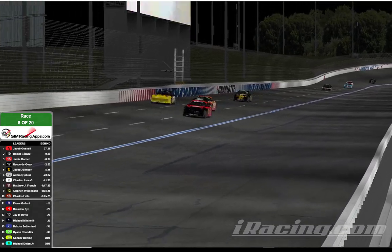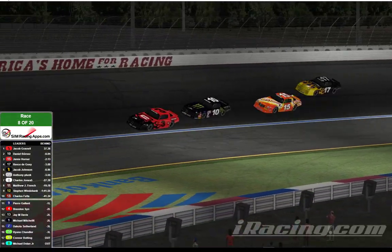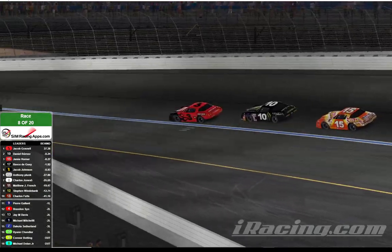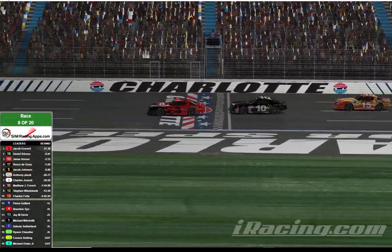Reese DeGoey 4th. Jacob Johnson drops back to 5th, and he looks like he's in danger of losing the draft here. Johnson, a significant distance back from the 17 of DeGoey. He's going to need to get on the throttle here. He's going to lose the draft, and once you lose the draft at Charlotte, it's really difficult to catch up. Across the start-finish line this time by...